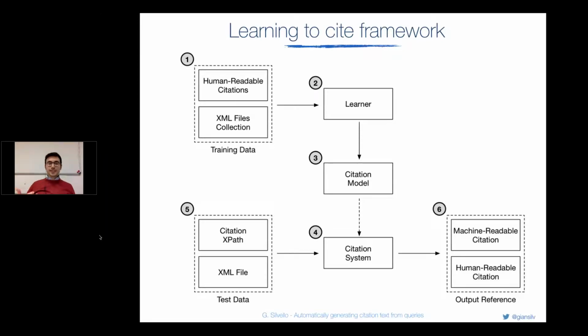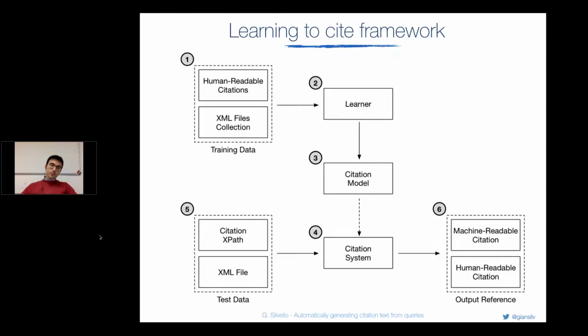This citation model is basically a template and has a part about the structure of the XML and a part about the content of the XML. Once we have this model, we can use it in our citation system. Points 1, 2, and 3 are done offline. We obtain the citation model, test it and see how it works. When we are satisfied with it, we are not going to change it in the future, unless we change our dataset consistently.